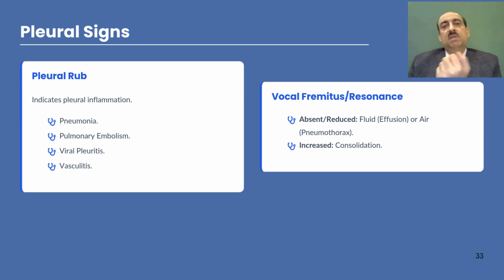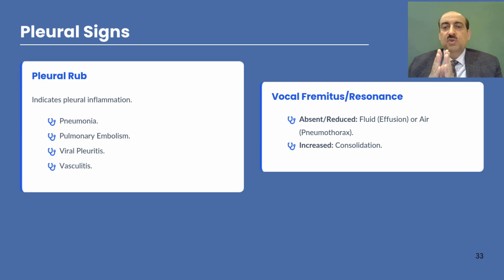Vasculitis, same mechanism, inflammation affecting the pleural surfaces and pleural lining. The other pleural signs are vocal fremitus and resonance. Now, between the two pleural surfaces, the potential space, if it's filled with something, let's